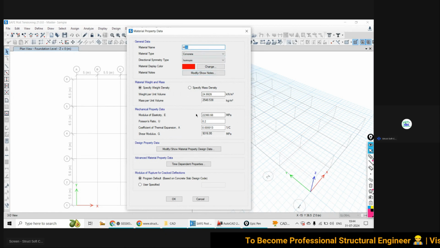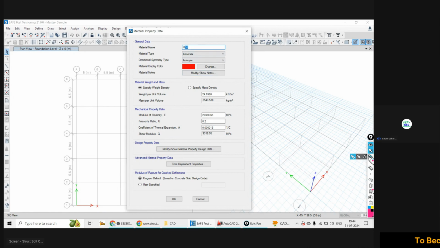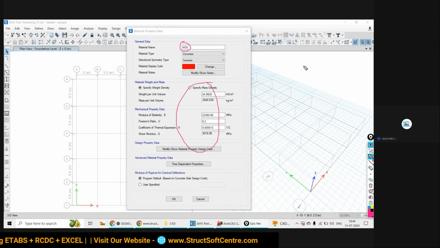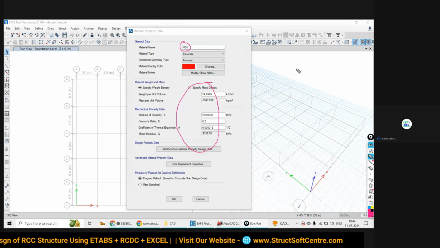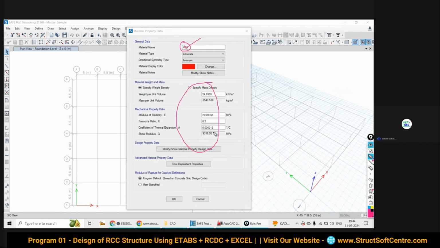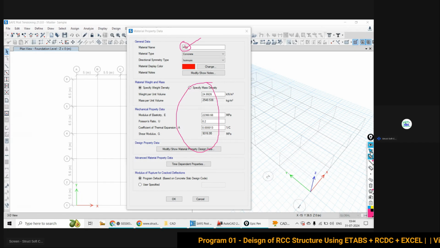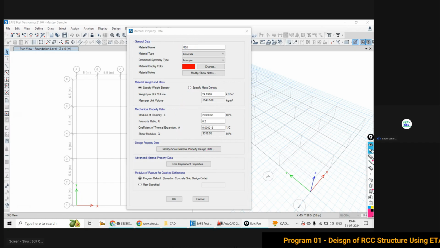Thereafter the rest of all things will be as they are. We don't need to do anything. Why? Because in respect of this M20 grade of concrete, all the definitions are going to be set by this CSI SAFE software. What will happen? All the properties with respect to M20 have been updated here. So you don't need to change anything. Let it be as it is.